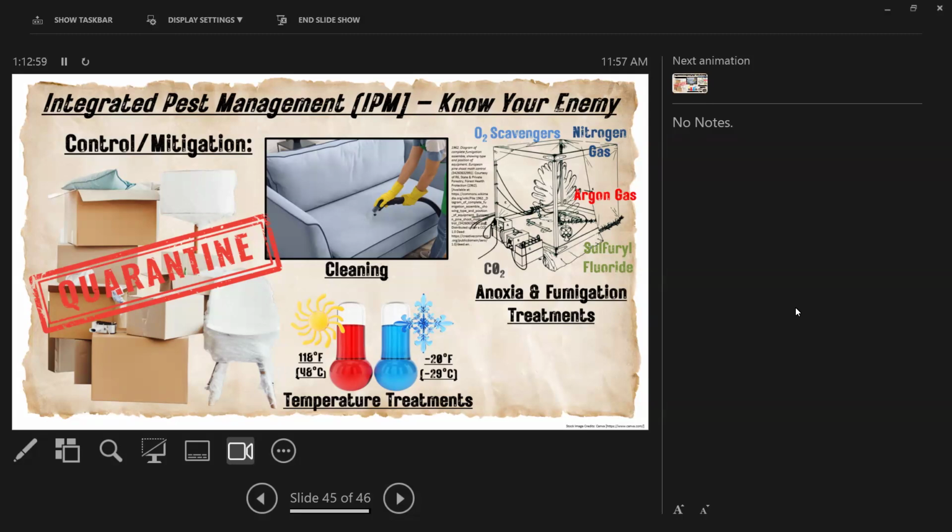So basically, temperatures generally under negative 29 degrees Celsius, which is under 28 degrees Fahrenheit, or temperatures over 48 degrees Celsius, which is equivalent to around 118 degrees Fahrenheit, will often kill most active insect infestations at all life stages. You may need to do multiple applications of these types of treatments just to make sure you get everything,